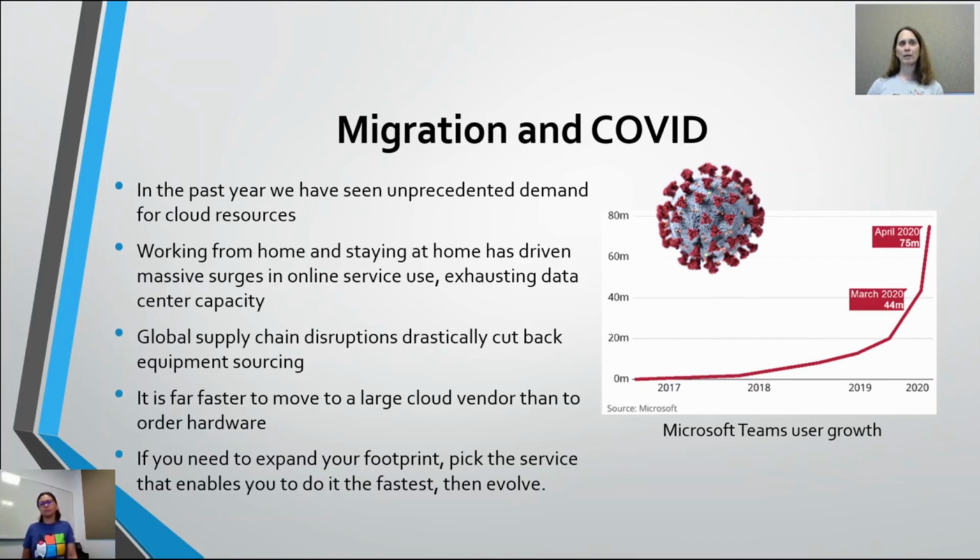This has had an impact in a few ways. One is that supply chains have been hit hard. Not only do they have to struggle with their workers who could be sick or ill, but the demand is very high, and so the supply chain has been very problematic. So this has the impact that if you wanted to build up your local data center, you're going to have a harder time adding capacity for the services you're providing, which means it's really quick and easy instead to look at going to a cloud vendor.